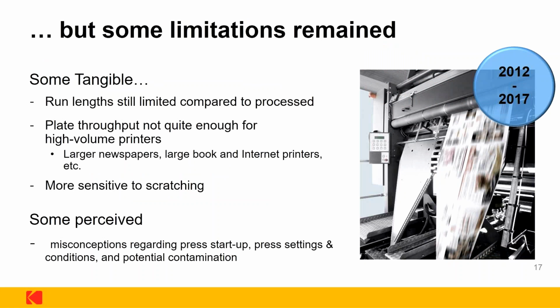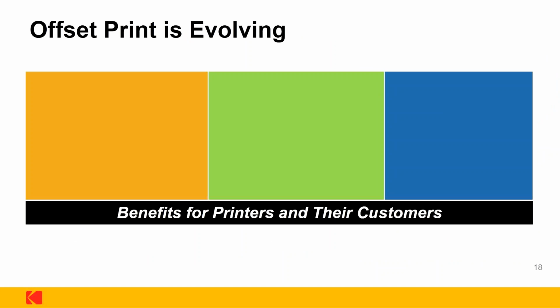But there were still limitations due to the coating technology at the time. Some of these limitations were tangible and some are perceived. Some of you have already tried process-free and failed and gone back to wet process plates. So now I want to press pause on the plate technology and take a look at what's been going on